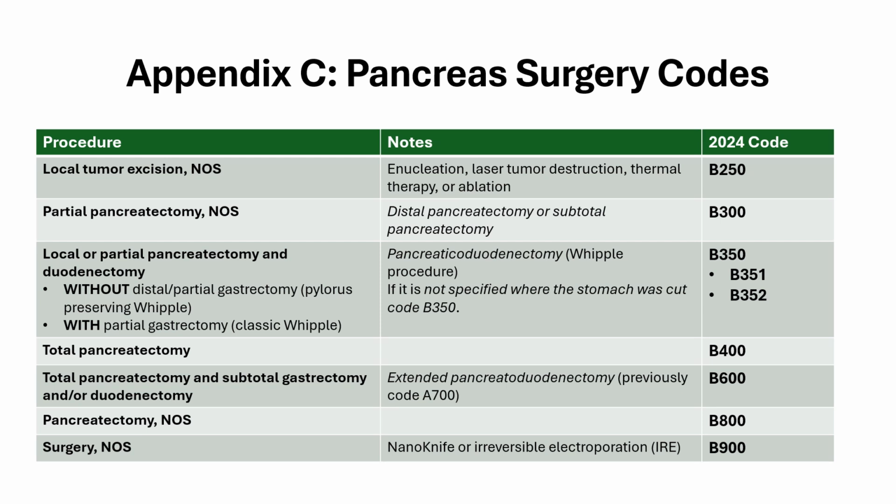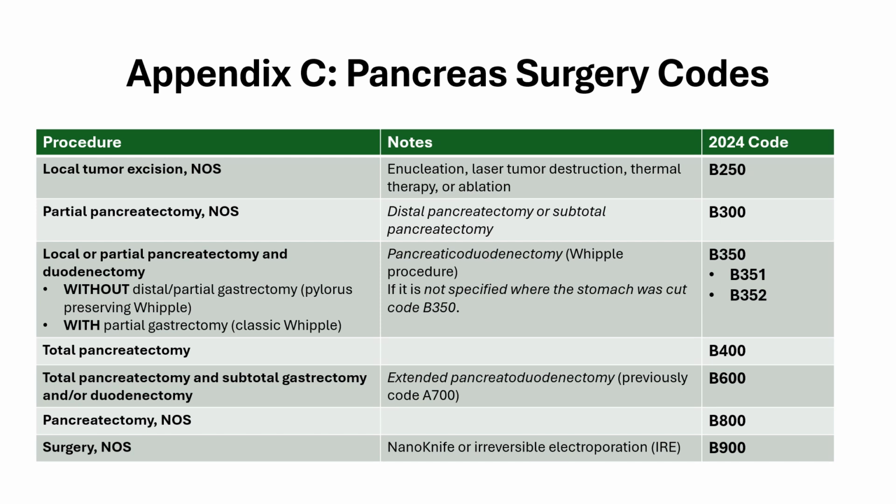For pancreas, we had a few updates and specifications here, but really not a lot of description changes. We'll point out that we have local tumor excision where there's an enucleation or laser tumor destruction or ablation, that's B250. If we have a partial pancreatectomy, so a distal pancreatectomy or subtotal pancreatectomy, that's B300. If you have a local or partial pancreatectomy and duodenectomy, this is also known as a Whipple procedure or a